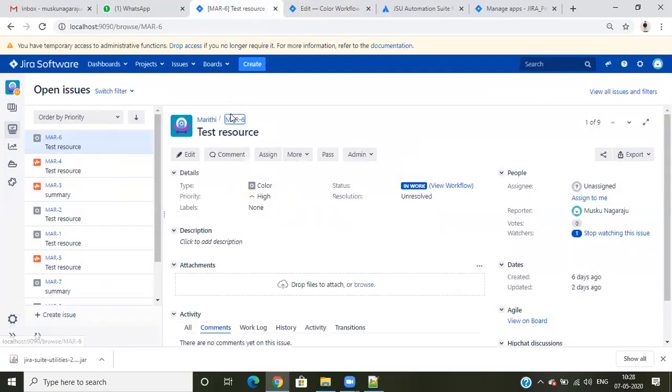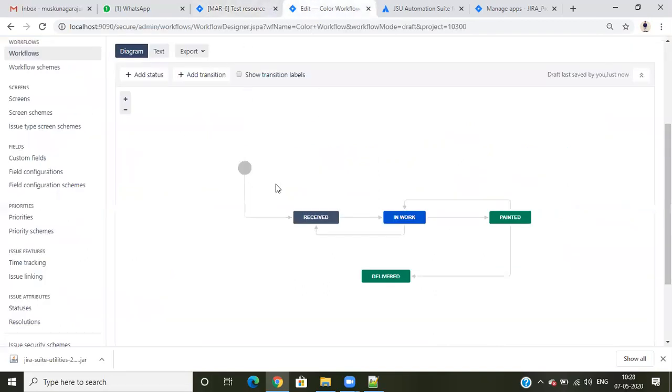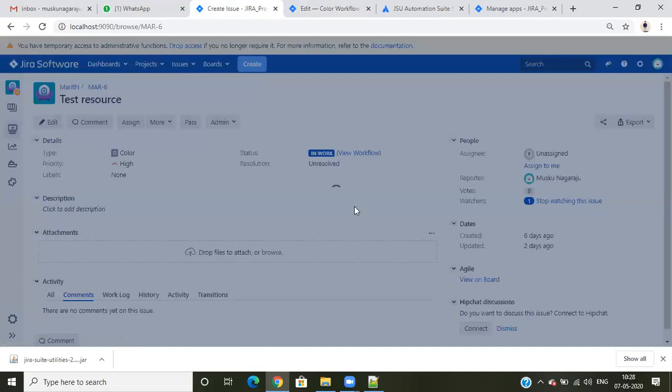If I open this workflow, I can see these pass options. I'm in progress, and I can click on pass or something. But when I click on start work or any pass, first it goes to painted, and I want the color to be selected again. So I have a color option here while creating a ticket.